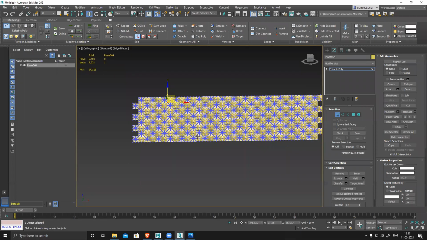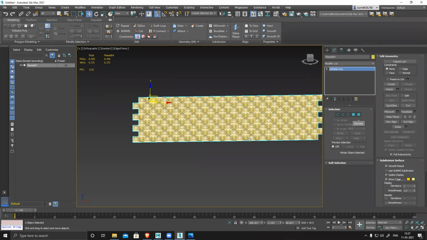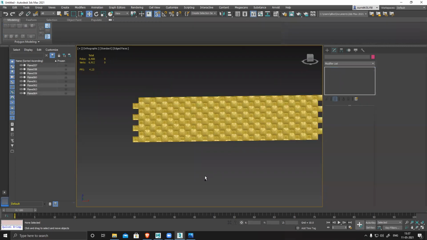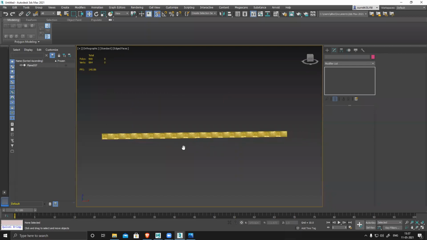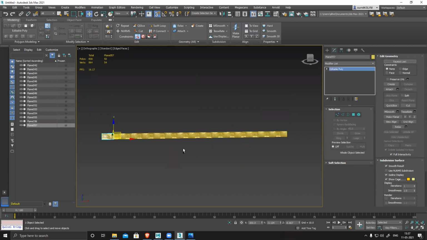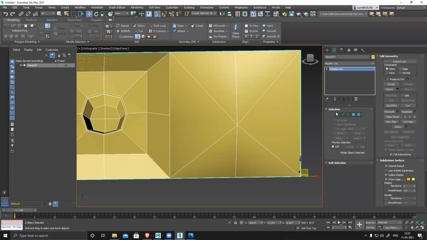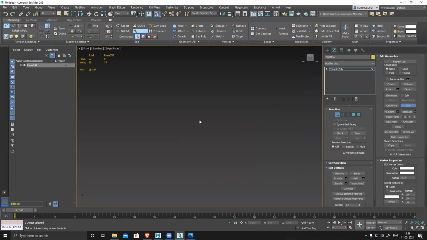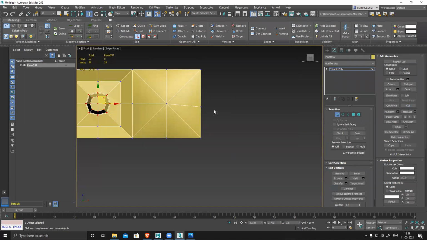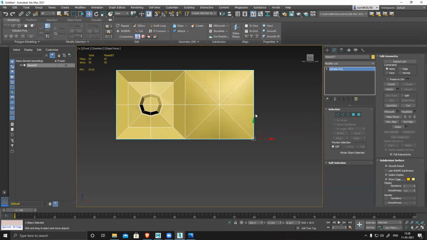Okay. Same thing again happened. One more problem happened. I thought it would work perfectly, but it's not working perfectly. So I have to attach this and go to front, and I have to make sure this vertex and this vertex are perfectly straight. Now it will work without any problem.